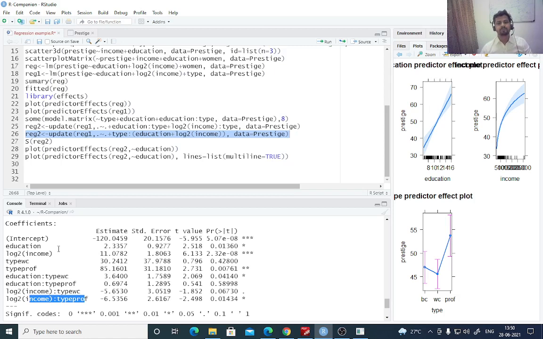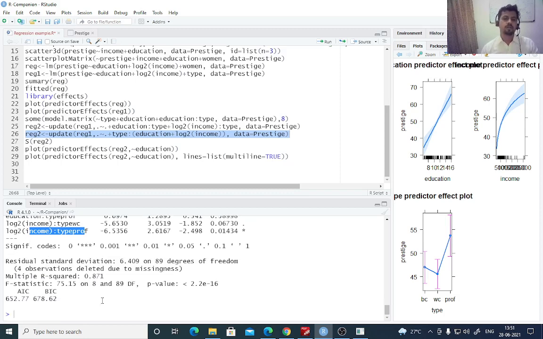So all the respective comparisons in this particular example will be done on the basis of the benchmark category. In this case, the benchmark category is the profession type blue collar, set to 0. Now you can easily find out the slope parameters for each of the factors separately, because these factors themselves have an interaction with the numerics over here. That's why each of the levels of the factors will have different slopes as well. Alright, so now the last thing that I do is I plot the predictor effect of reg2 with respect to education,